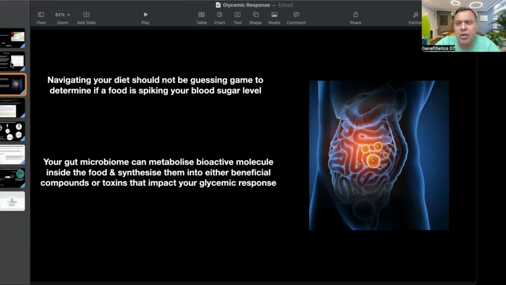Or even if you're taking high protein diets, it's not necessary that a high protein diet is going to stop your blood sugar level escalation, right? For instance, proteins such as histidine, right, which produces a byproduct, propionate, can actually impact your insulin sensitivity at the molecular level, right? So we really need to understand what molecules are being produced by the microbiome, and how these molecules are impacting your blood sugar response, right?